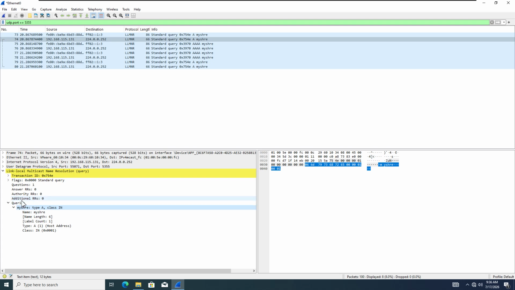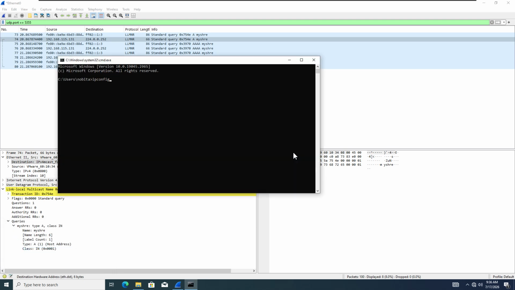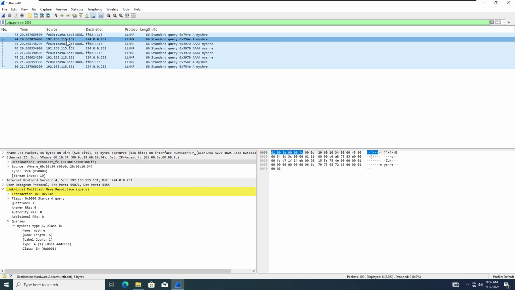So it's basically querying by multicasting to all the nodes in the local network: where is myshare, or does anyone know myshare? Now, how do I know whether it's multicasting? If you see the source, this is the source address, which is our victim machine, the Windows 10 machine. If I check the IP address with ipconfig, you can see 131. This is our IP address. So this is the source, and the destination address is